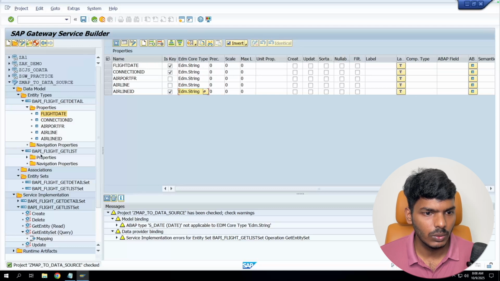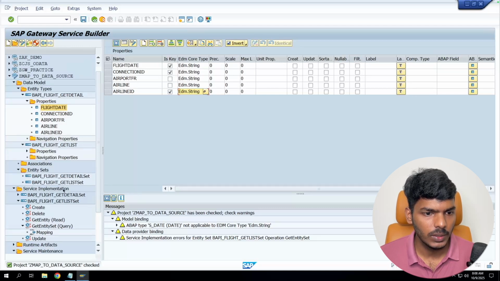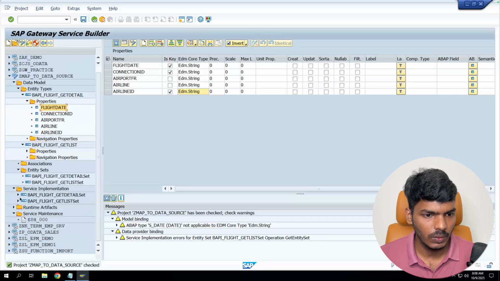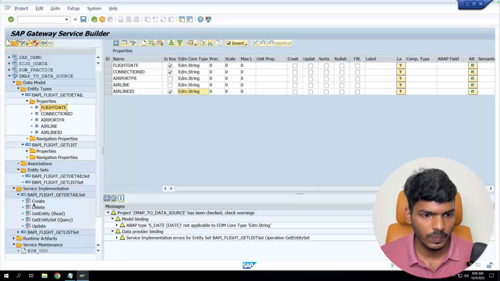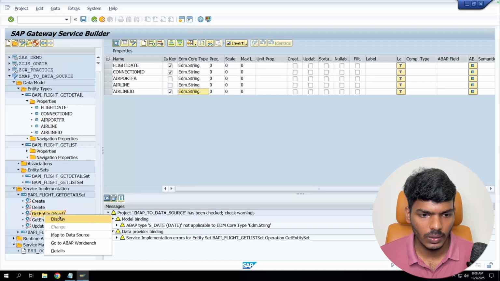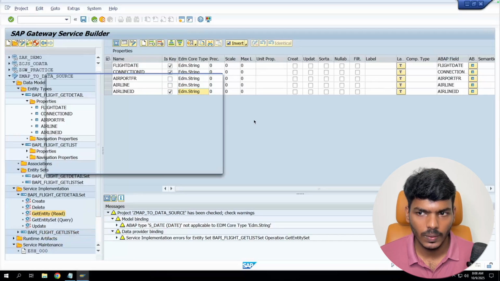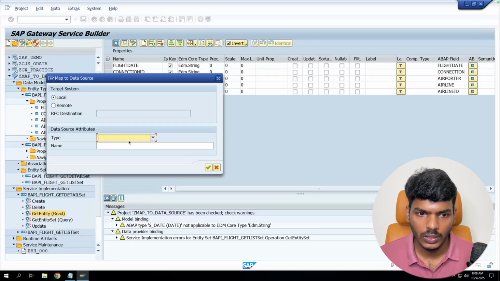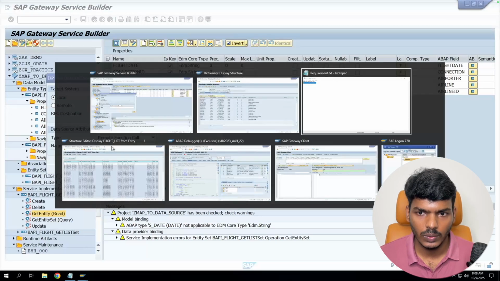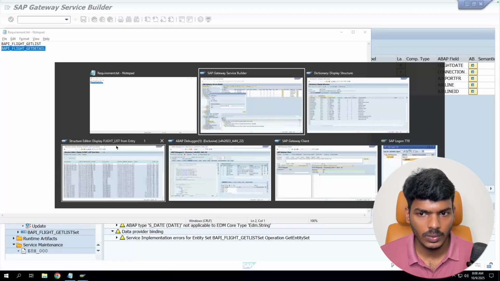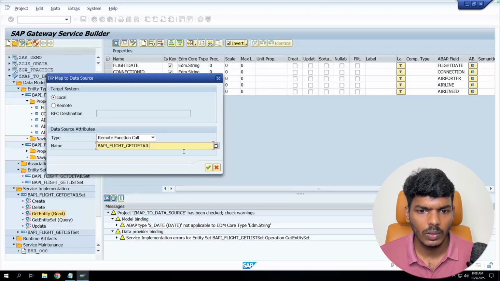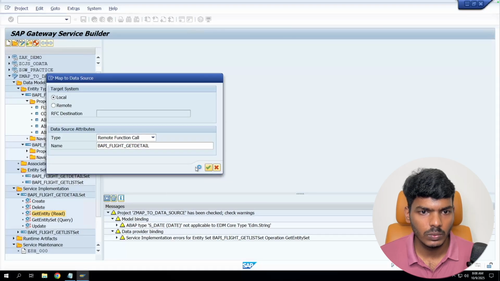So now we will go to service implementation. And what is our new entity set? It is get detail set. So here we will use get entity because we have only one output record. We will right click and we will click map to data source. After clicking on map to data source, again we can use this remote function call. We will paste the RFC or function module name or BAPI name here. We will click on continue,